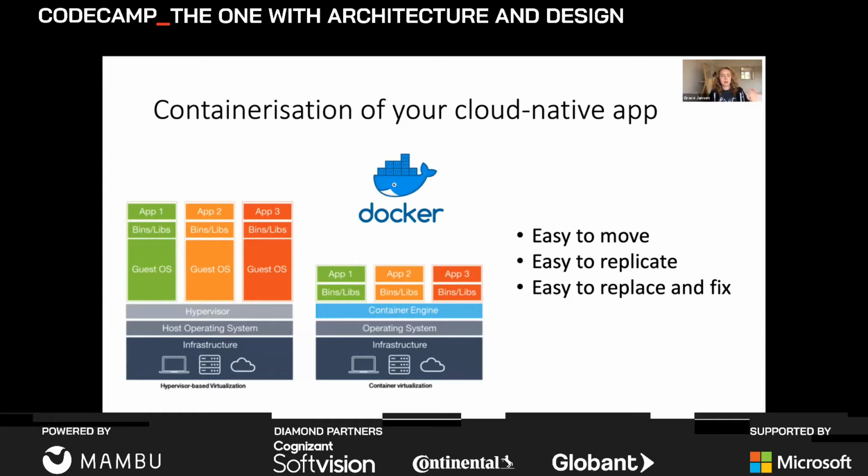So if we compare how we maybe used to do it with, say, VMs, we've got VMs on the left-hand side here and containers on the right-hand side of the diagram. And you can see here that actually, we're able to massively reduce what we're containing within that container so that we can be as efficient as possible, and we're utilizing the underlying infrastructure. So instead of having to provide a guest OS in each of our VMs for each instance of our application, for example, instead we're able to utilize the underlying operating system and this container engine that's shared across most cloud